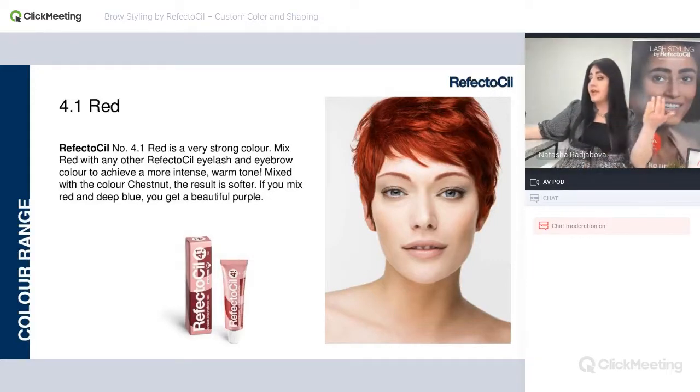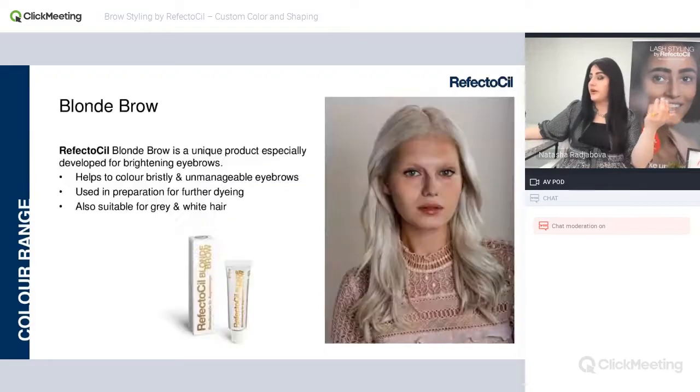And so we've done our 8 colors, and now our last slide for the colors would be your blonde brow. So not to get this mixed up as a lighter brown or a blonde tint. It's not, it's a bleaching paste. So it's going to be stripping away color that you have in order for you to be able to deposit new color or achieve colors that you're not able to if you have black, dark brows. Okay, so that's our bleaching paste, made ideally for the brows, so it's safer to use on this area,